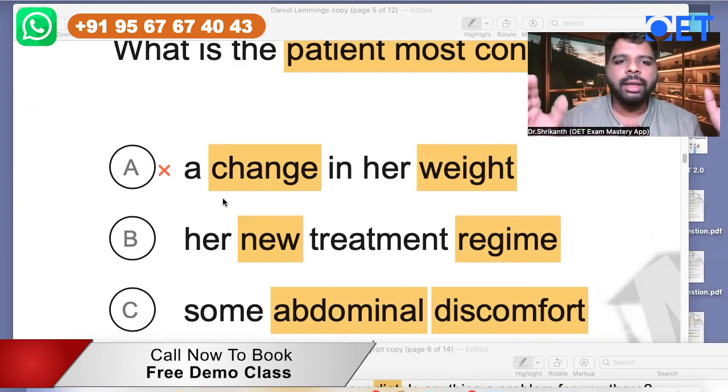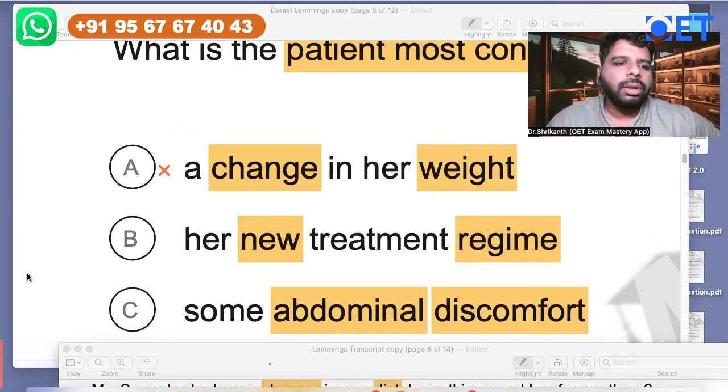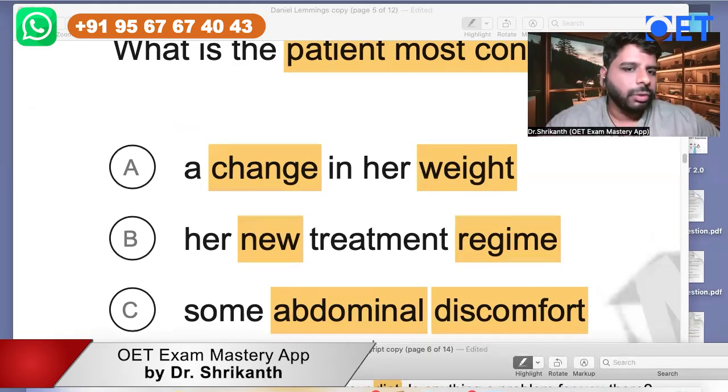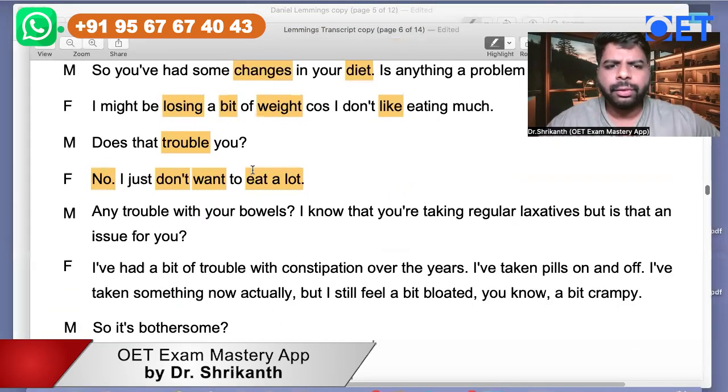Now there is no need for you to look into answer option A, because she is telling she is not at all concerned about losing weight. She just does not like to eat much. Now let's see where our eyesight is going to go. Okay, again, we need to find